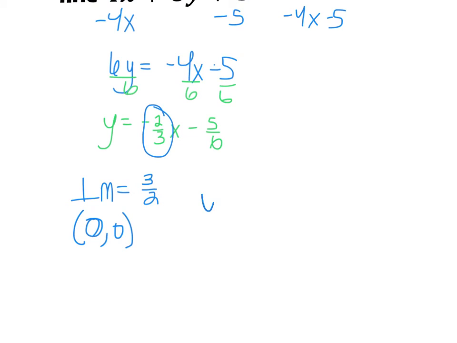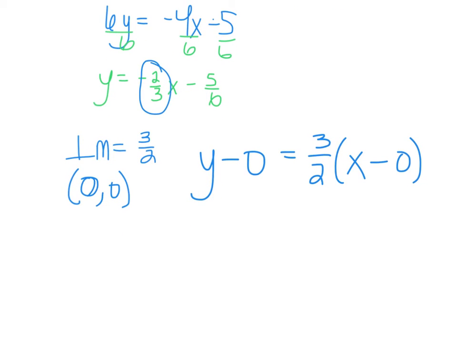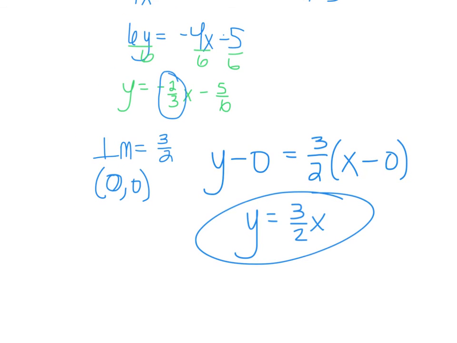If I'm in point slope form, it's y minus, what's the y that they gave me? 0 equals what? 3 over 2 times x minus 0. Super easy. What's y minus 0? Y equals 3 over 2 times x, right? 3 over 2. So that's it. But how do you know? How can you look and go, oh yeah, these two lines are perpendicular? If you look at the slope, one is positive 3 over 2, the other one's negative 2 over 3. Yes? We good? All right, so